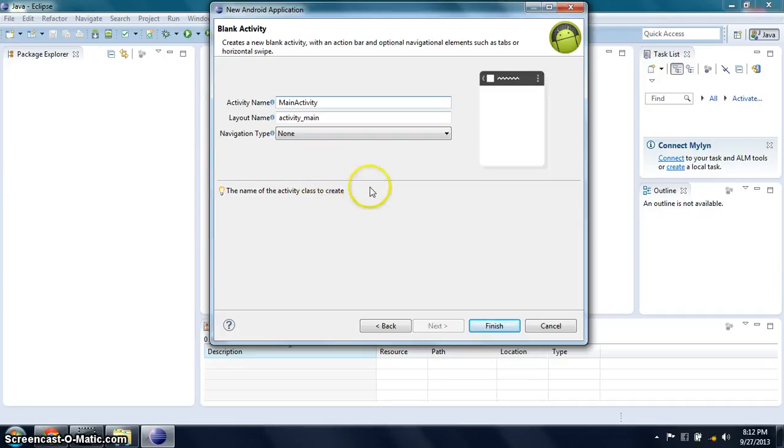You will be asked to specify some information about the new activity. In the layout name text field, you have to specify the name of the file that will contain the layout description of your app. In our case, the file is just main.